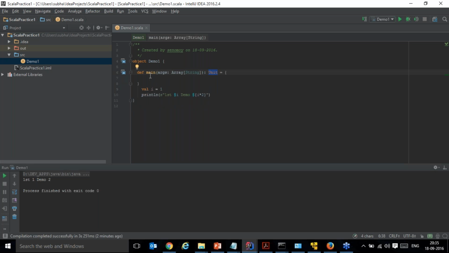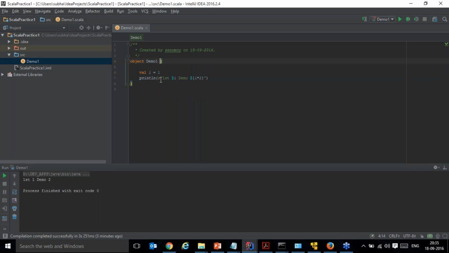So basically, we used to say public void main. Why void? Because it doesn't return anything, the main method. That's why my return type is unit. And then after the equals to, whatever you're going to write will be the body of the function. So this is a predefined main function, right? So if we want to write something of our own,